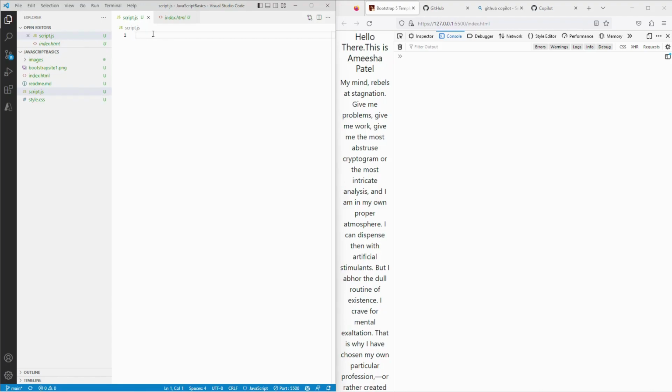So let's go ahead. First thing I want to do is ask Copilot to help me with a console message. So I'm going to say comment, and then I'm going to say console log. I'm going to press enter, and there it is. Once you have a comment, you simply have to type what you want, like you're asking a pair